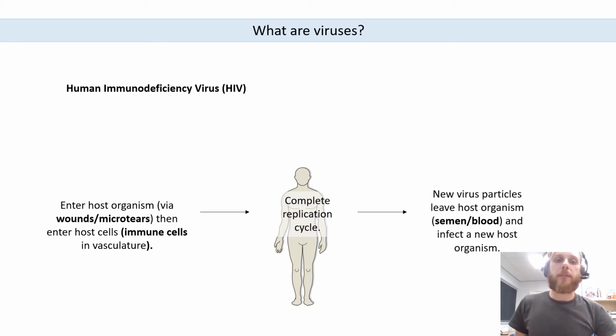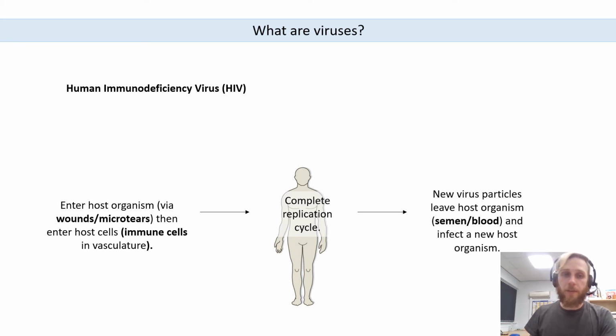Okay, so back to the HIV life cycle. So what we have here is the life cycle outlined, and what you'll see is the key stages are the same as they were for the rhinoviruses, same as they were for rhinoviridae. The details are different, the specifics of how each stage is completed are different, but the key principles are the same. So you'll see, just like rhinoviruses, HIV needs to enter a host, then it needs to enter the right cell type, then it replicates within the cell, then huge numbers of virus particles are produced, then these particles will go on to drift off, and some will infect new cells and some will find their way to a new host, and infection will continue. So I'd encourage you to compare this slide to the last slide and see the similarities